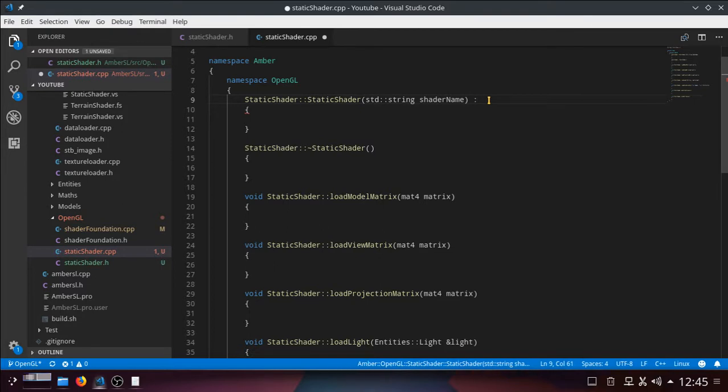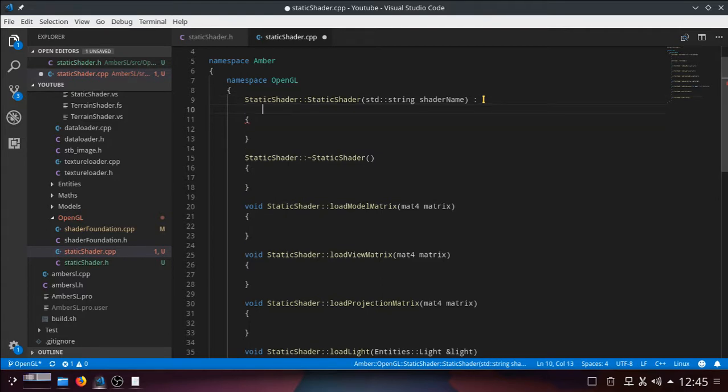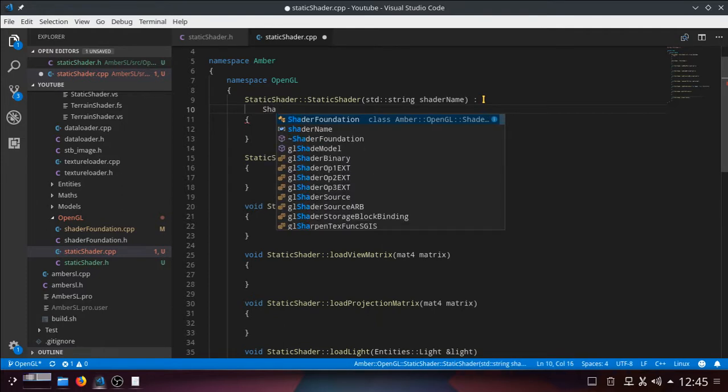I usually go on to the next line, I suppose. How do we want to do it? Yeah, you can do this all as one line. You can start here, but I usually go on to the next line. Just tap it in. Otherwise, it's just going to get absolutely stupidly long, because we're going to put shader foundation in here,